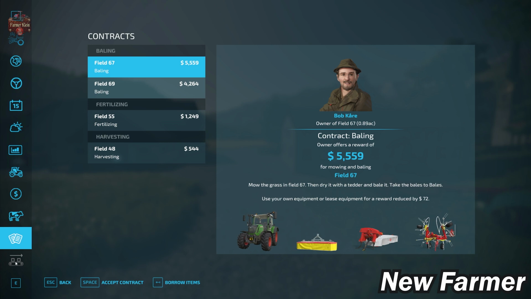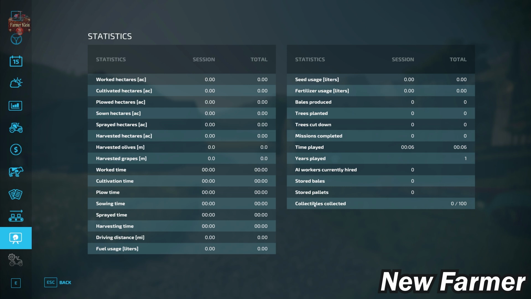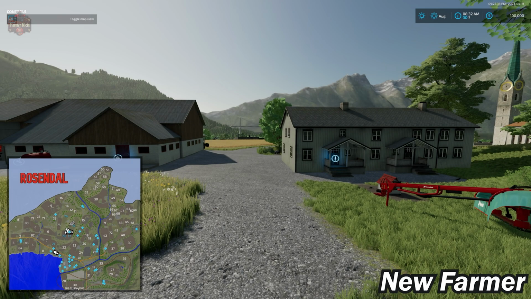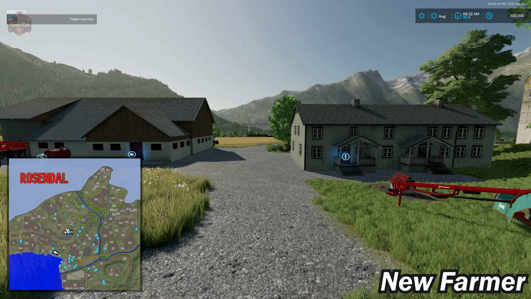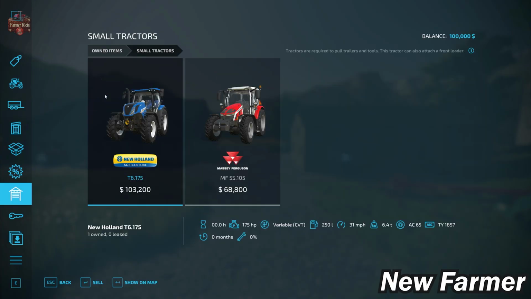We do have contracts available, and we also have production chains. In fact, the map has 20 production chains pre-placed. We own one production chain at the start, and that is a silage silo that's going to take grass and produce silage from our old sheep barn. We do have 100 collectibles available on the map, and as the description said, those are going to be cheese wedges. Taking a look at our starting fleet, we start out with the New Holland T6 175 small tractor,